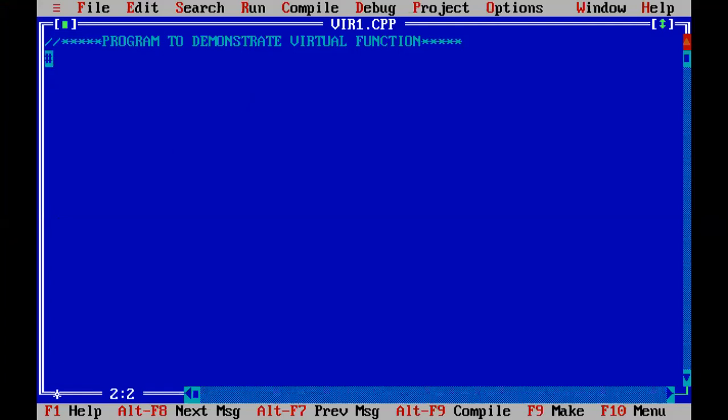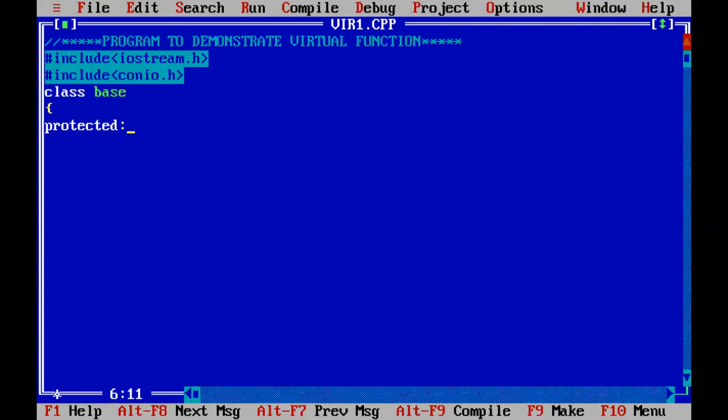So I'm writing the program, then we'll discuss it. Since we have to use two classes here, first I'm using class base, and in this, in protected, int i, one variable we have used.